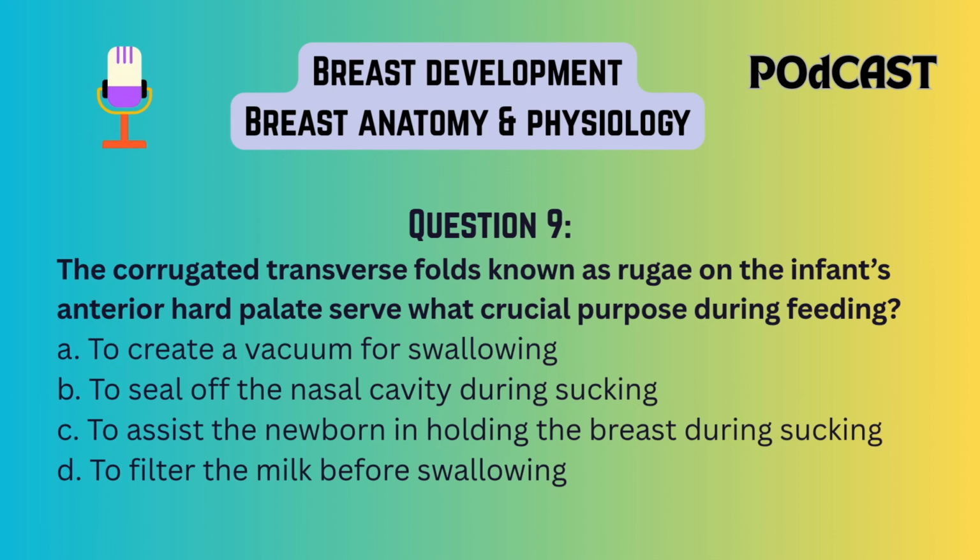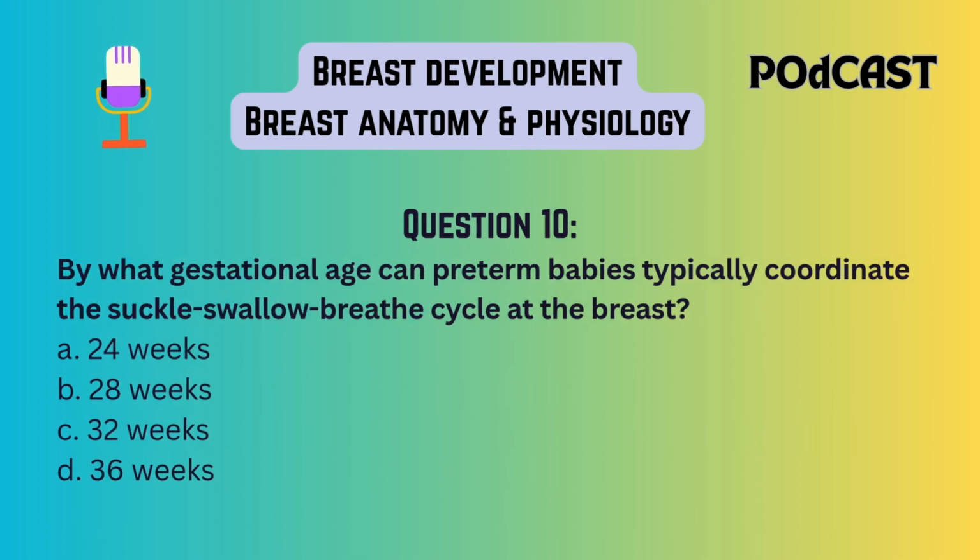Those rugae provide essential friction and grip, helping the baby maintain hold of the breast tissue. The tongue and jaw create the vacuum, the soft palate seals the nose, B, and there's no filtering mechanism like D. Question 10. By what gestational age can preterm babies typically coordinate the suckle-swallow-breathe cycle at the breast, a significant developmental